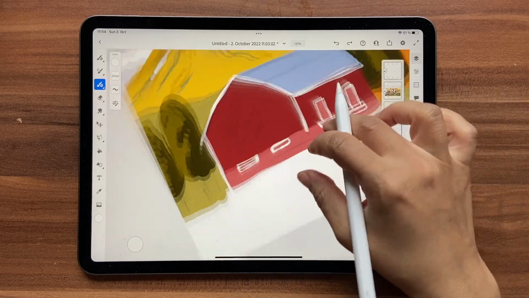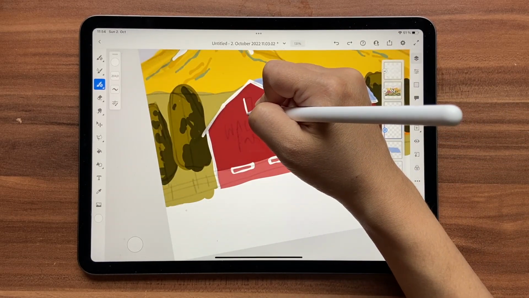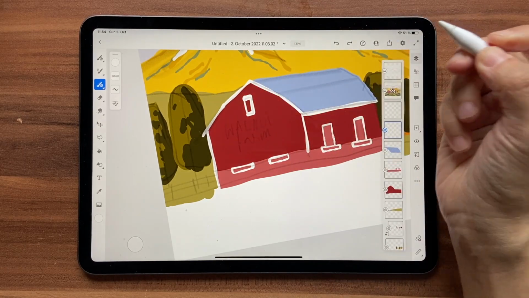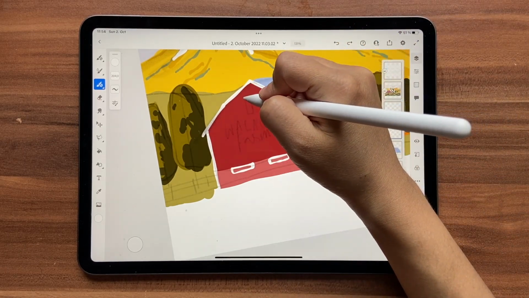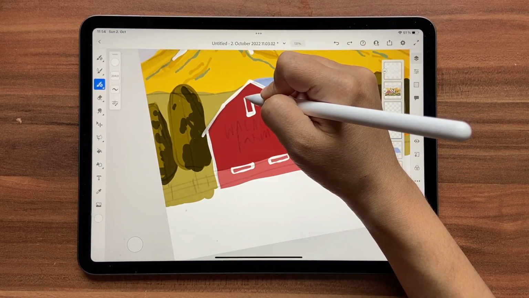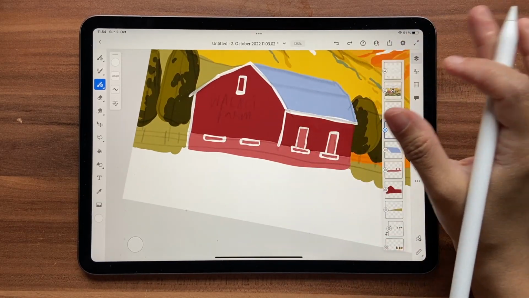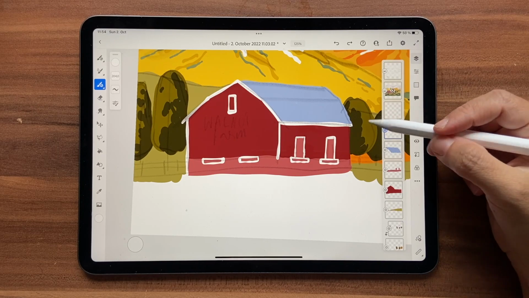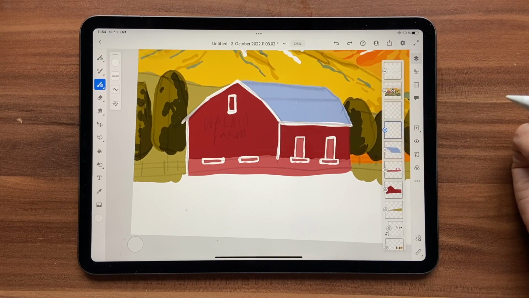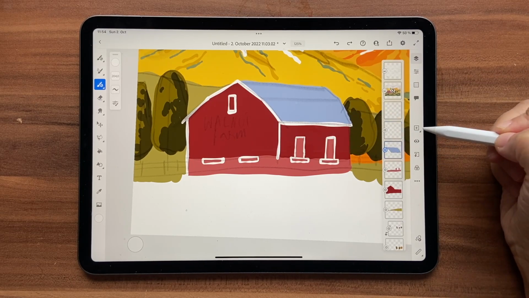Okay, and there's a window over here. So the reference image had a name here called Walnut Farm. If you wanted, you can go ahead and add it, but I'm just going to leave it at that. All right, so this is done and we need to add a few more details, but I want it below the white layer, I think. So I'm going to go below that white layer and click on plus,